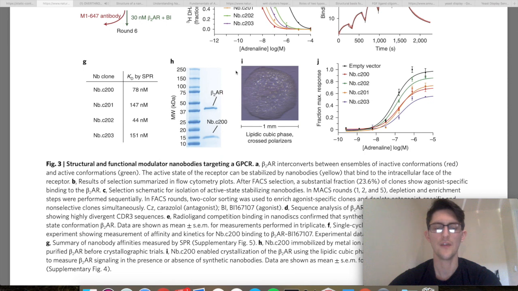I hasten to add that these are the first crystals in the presence of this agonist, BI167107. So in figure 3J, they seek to define the application of these nanobodies in a cellular environment using a cyclic AMP signaling assay. In this experiment, they use cells transfected with the beta-2 adrenergic receptor and the nanobodies in question, and in each case they show that the EC50 value in response to increasing adrenaline concentration is decreased